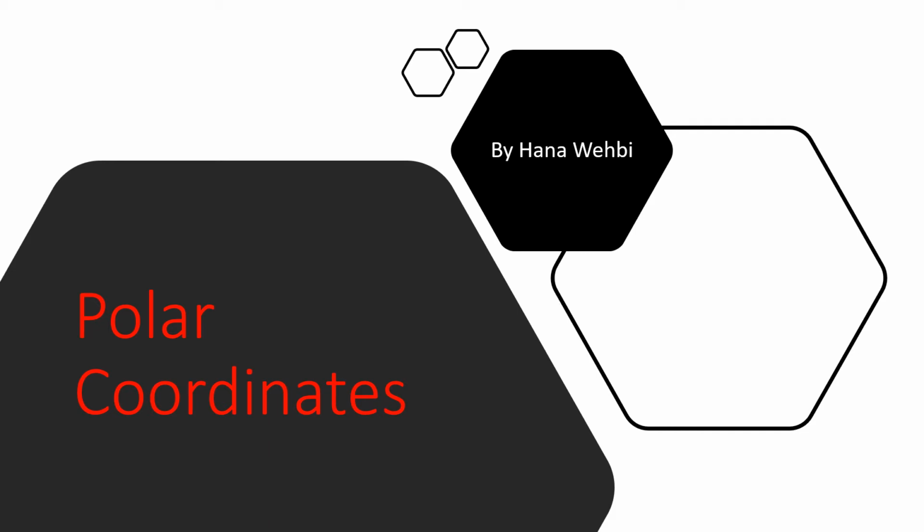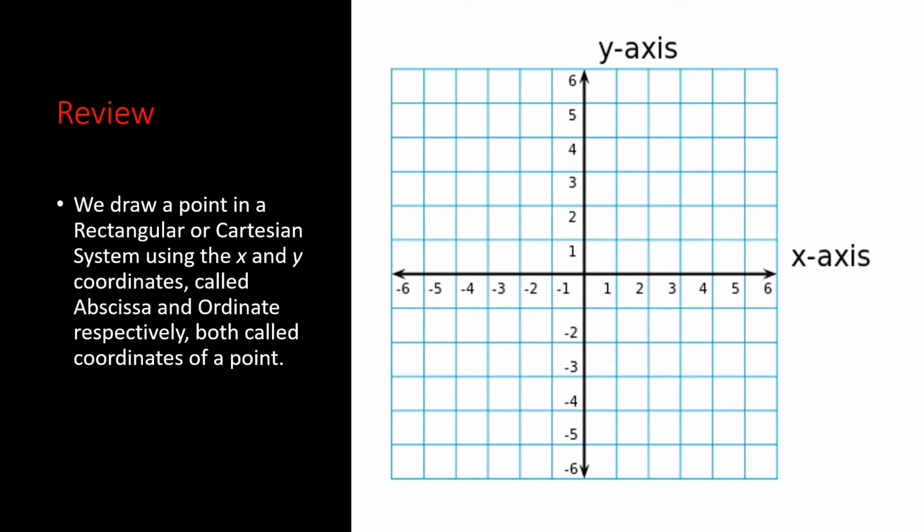So good morning, students. Today our lecture is about polar coordinates, and before we discuss polar coordinates, let's review what we mean by rectangular coordinates. Before we discuss the polar coordinates, let's review the Cartesian system. The Cartesian system is the rectangular system or orthogonal system because the axes, the x and y axes, are perpendicular at the center. If I want to draw a point on the Cartesian system,